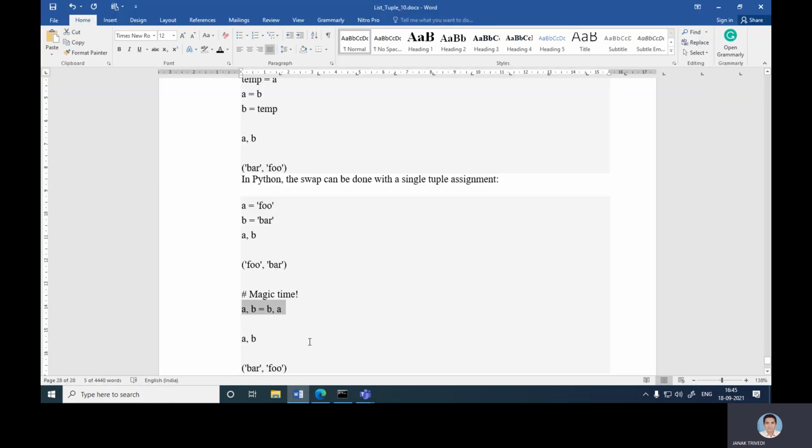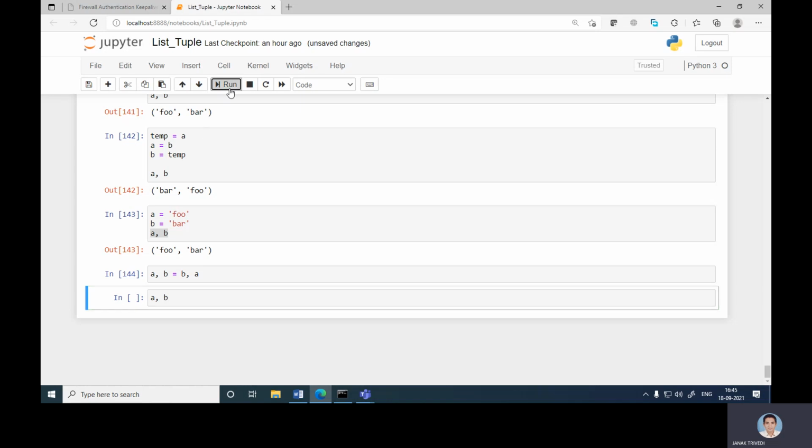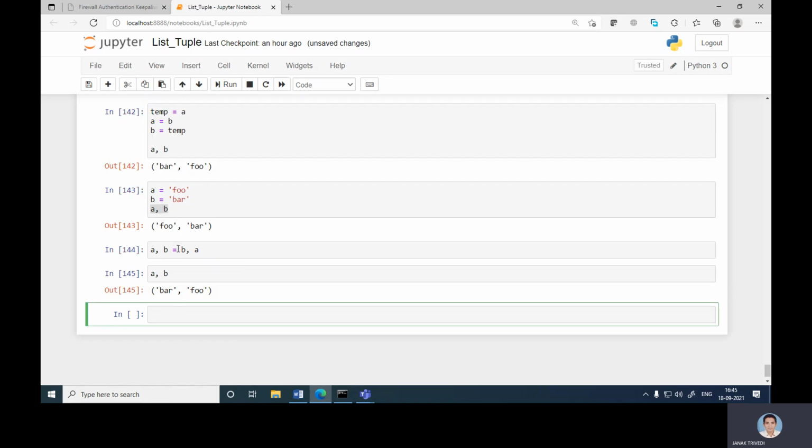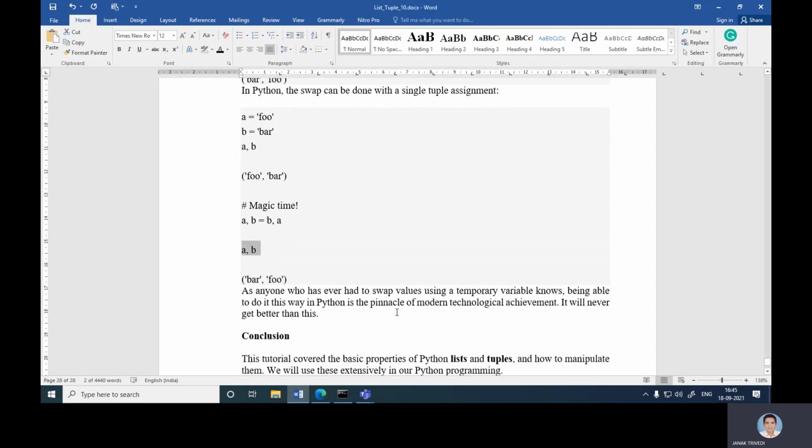So now you can see a, b is equal to bar and foo. With this single line we can swap the values. As anyone who has ever had to swap values using a temporary variable knows, being able to do it in Python like this, it will never get better than this.